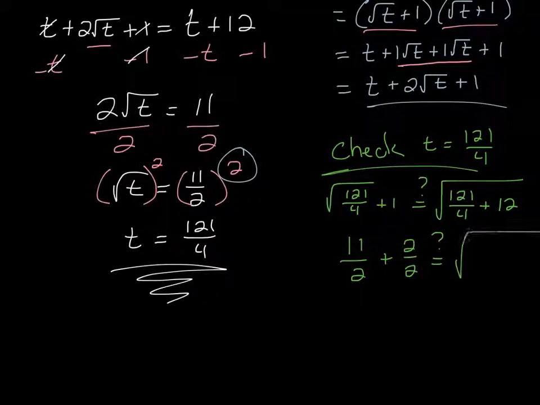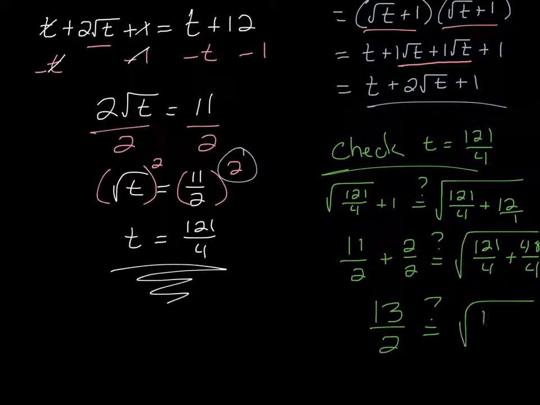On this other side, I need to find a common denominator so I can add these together. And so I'm going to write this as 48 fourths. And what I did right there, by the way, is I took this as 12 over 1 and multiplied the top and the bottom by 4 to get this common denominator of fourths. On the left hand side of the equation, I'm going to add my numerators to get 13 halves. And on the right hand side, what I'm going to get is the square root of